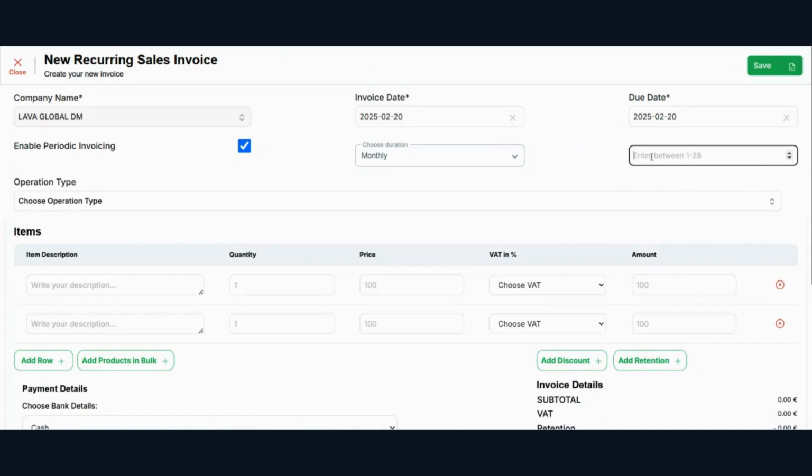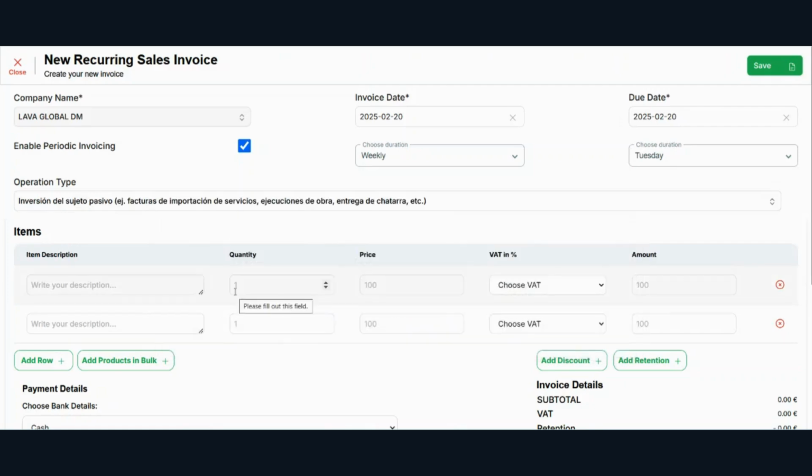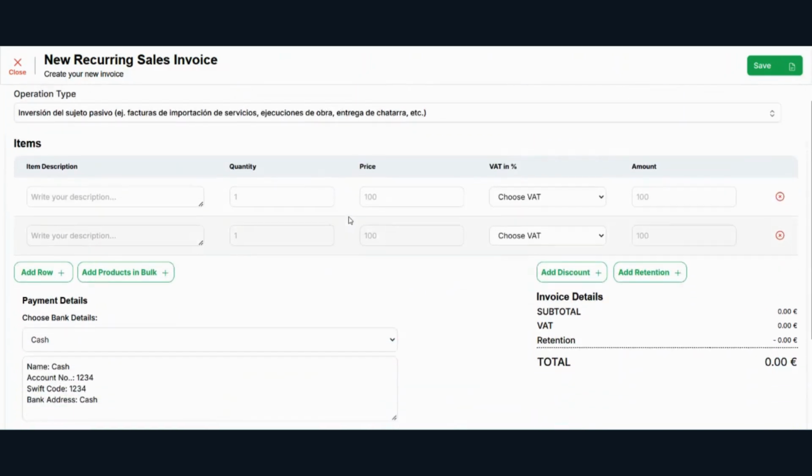But I'm clicking weekly. Suppose I want to send this mail every Tuesday. Then you have to choose an option for operation type. Currently it is showing in Spanish, so maybe you can convert it, so it will be better for you to understand.